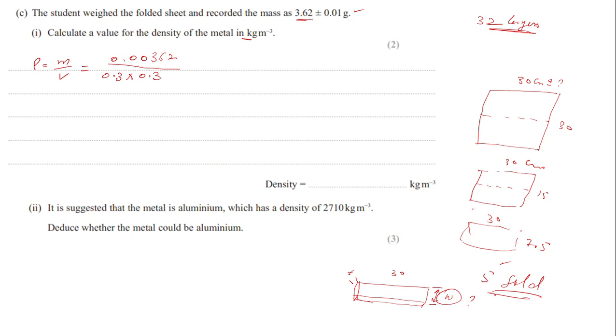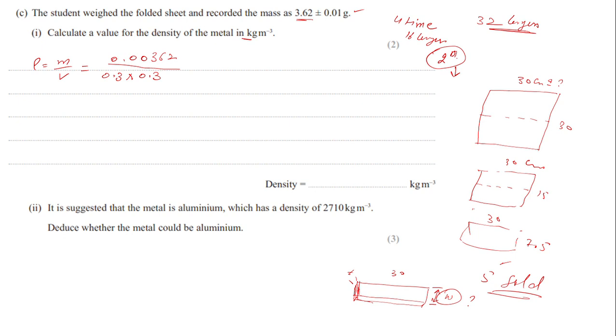And I will suggest that you take a piece of paper and try to fold it 5 times and see how many layers you can find in this final sheet. So clearly you will find 32 layers. If you fold it 4 times, then there will be 16 layers. That means 2 to the power n, n is the number of folds. So this is the number of layers when you fold a sheet.